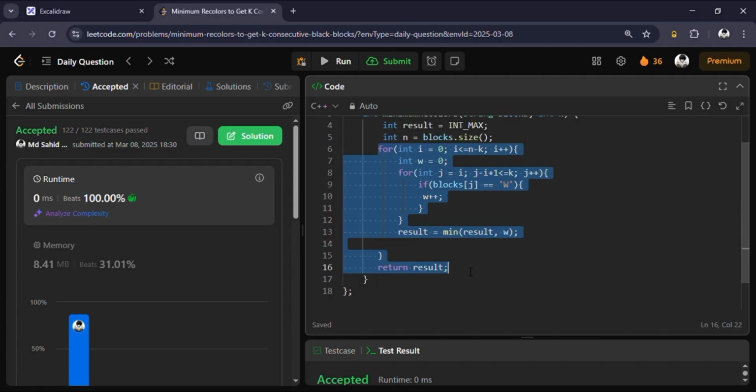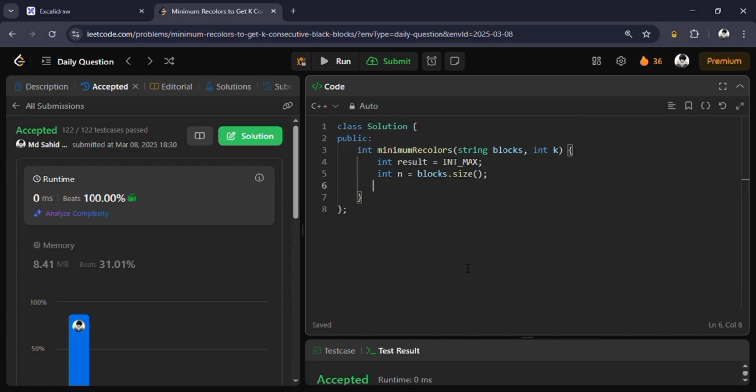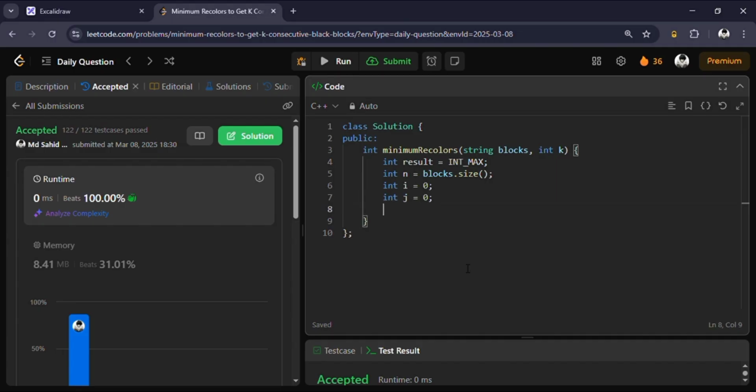Let's erase this, and let's code the sliding window. Okay, so first initialize i will be equal to 0, right? And int j will also be equal to 0. Now while j is less than n,